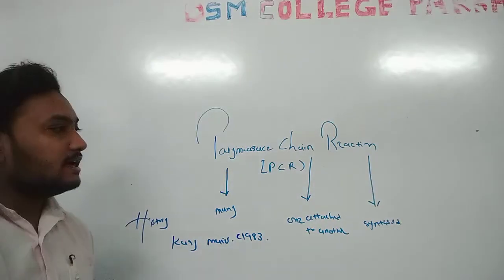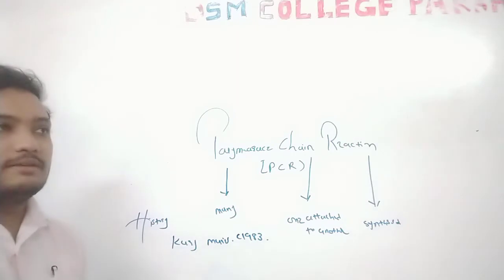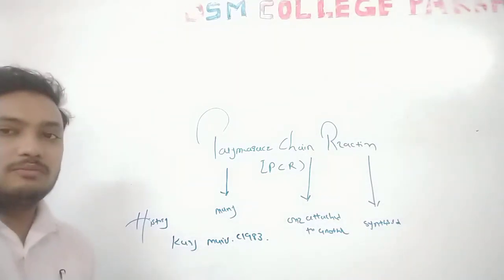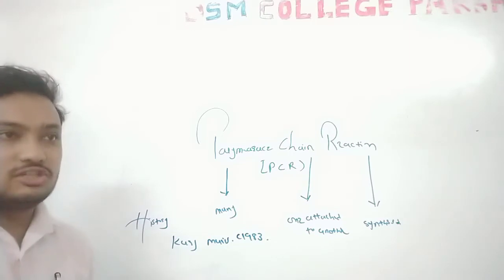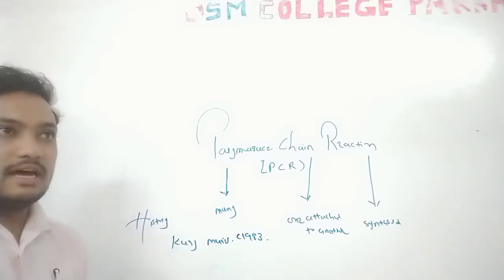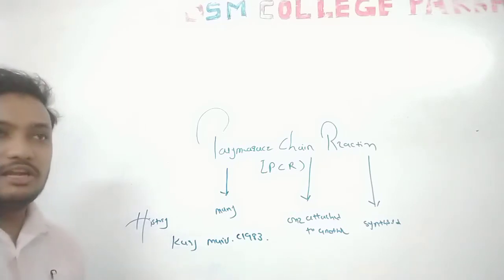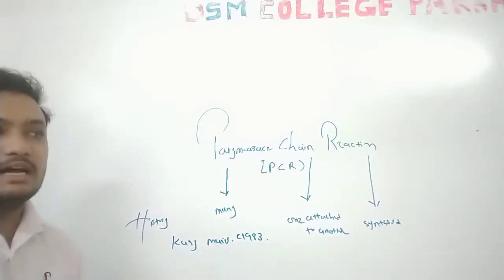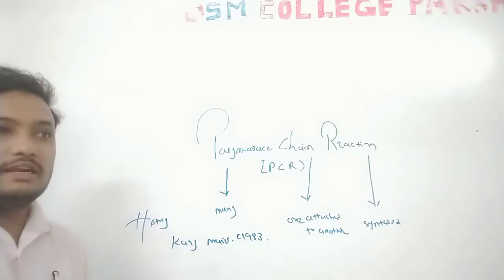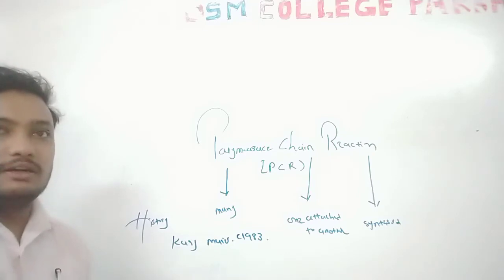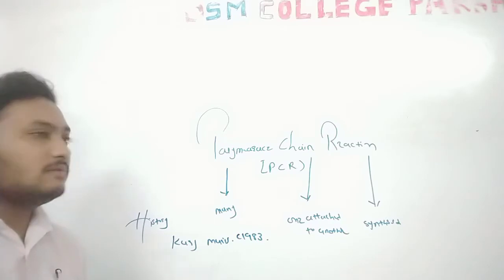So I will tell you one more point. What is the purpose of the polymerase chain reaction? Note this, it is an important point. This is asked in various questions. Okay, what is PCR? It is a polymerase chain reaction that is especially used for synthesizing millions of copies of DNA from a small molecule. Small segments of DNA form millions of copies of DNA through the polymerase chain reaction.